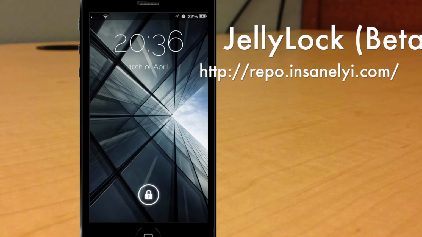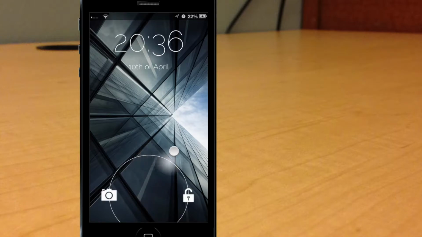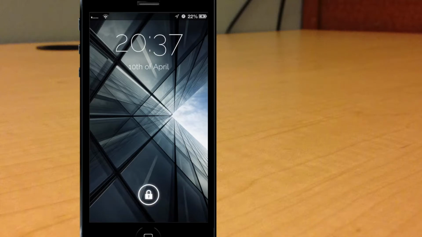So basically this adds an Android 4.0 Jelly Bean style lock screen to your iPhone, obviously. You can see when you drag the little lock key, I guess you can call it, you can drag it to the right to unlock the phone. And you can see it kind of locks on right there and becomes a different color. Or you can drag it to the left to get to your camera. Now there's similar functionality like this on actual Android Nexus phones, but you could also swipe up to go to